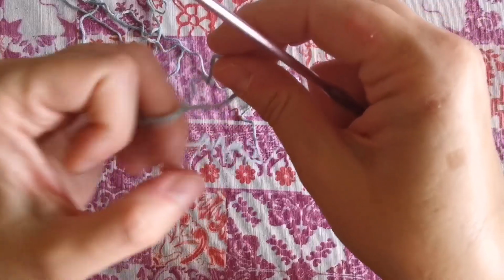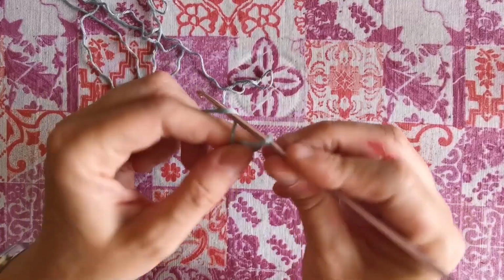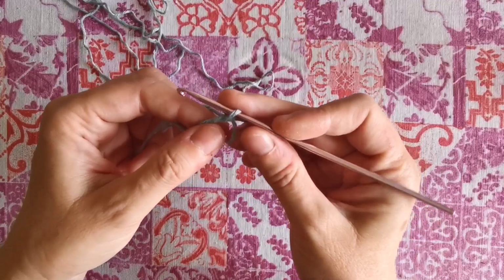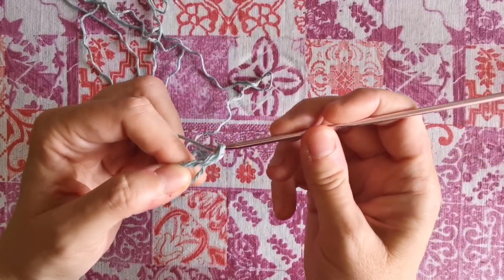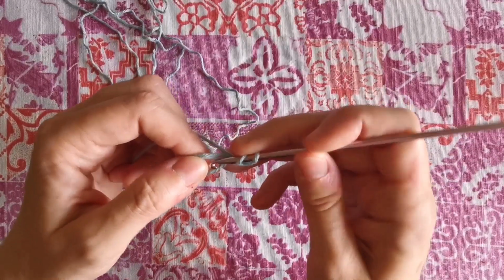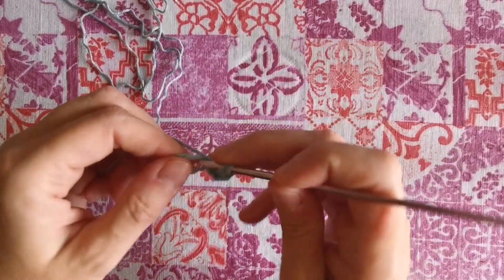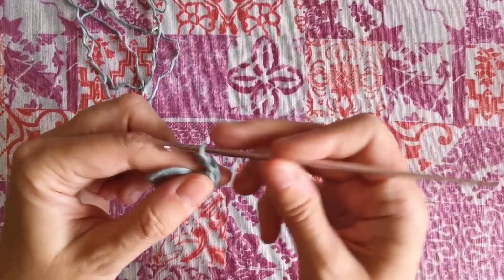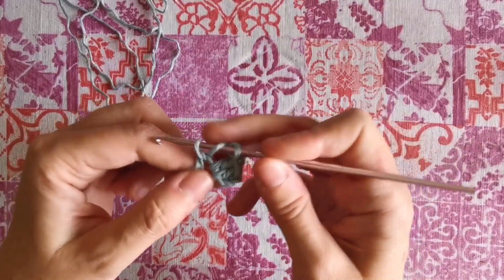and I will begin with a magic ring, which I do like this. Okay, and we will work inside that magic ring. First 3 chains that count as a double crochet, then 2 more double crochets, 1, 2, then chain 2 and 3 double crochets,